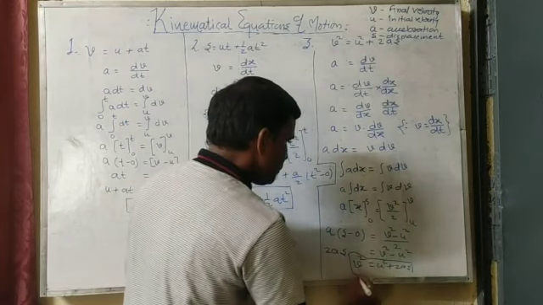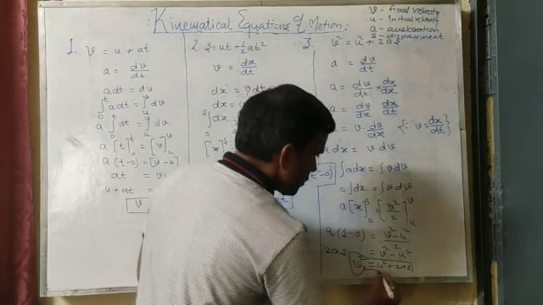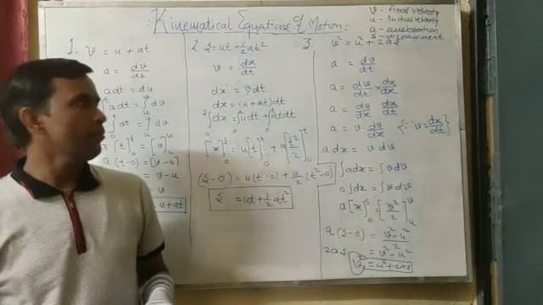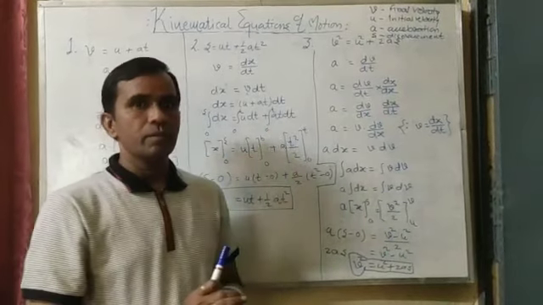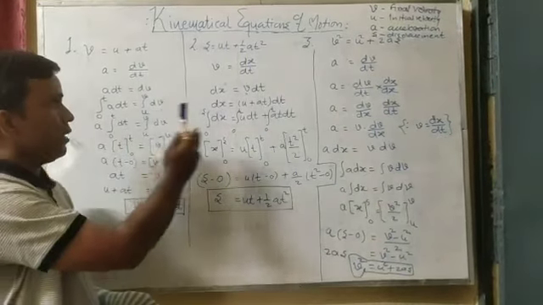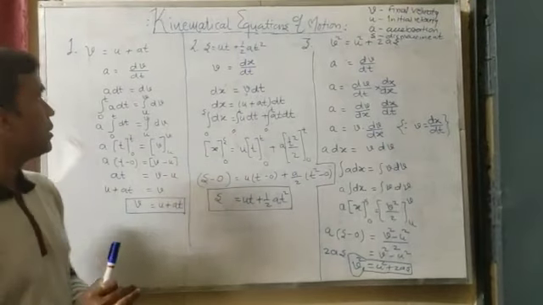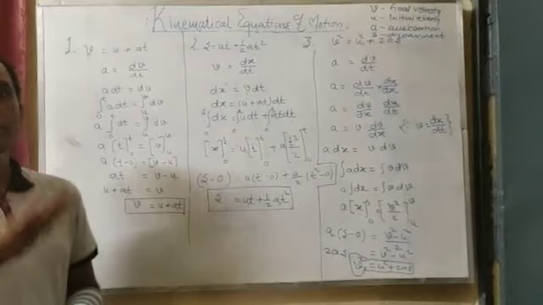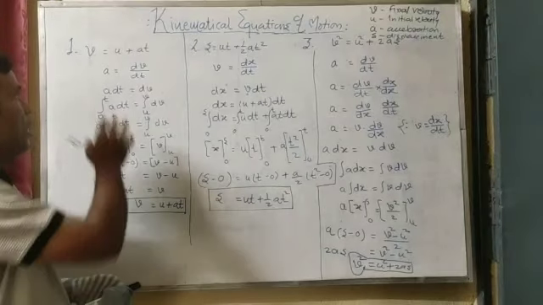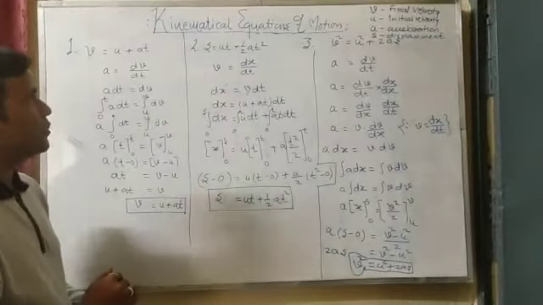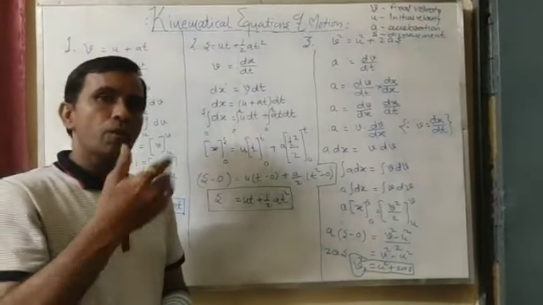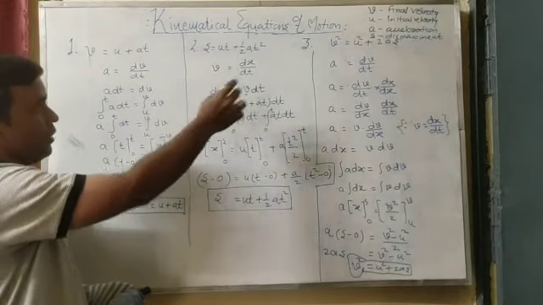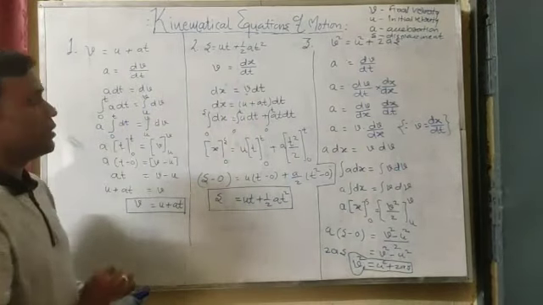And this is the third kinematical equation of motion, which is also proved by using the calculus method. So that's it. These are the three kinematical equations of motion. You have to remember them. Most important equations, and they are useful to solve many numericals on motion. Out of these 3 or 4 parameters in different equations, one parameter will not be given. That also can be very easily found by using these kinematical equations of motion.